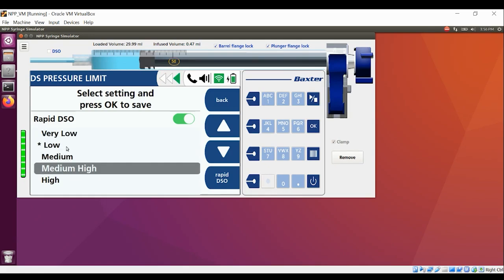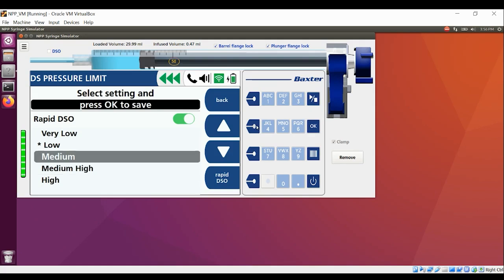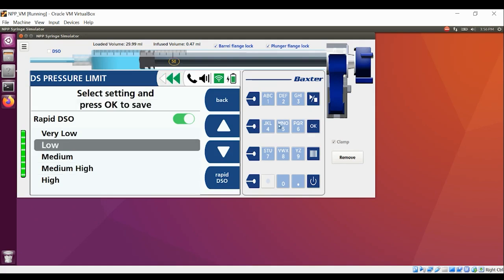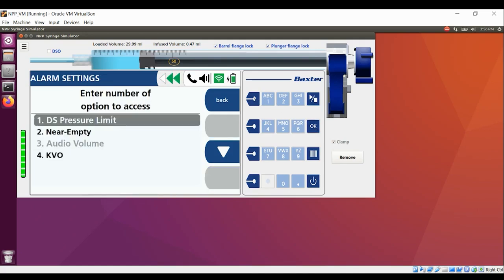Remember that the default, which is set in DoseIQ for this care area, has an asterisk. So if I don't remember where I've been or where I'm going to, it's there for me. I'm going to go ahead and keep that. Remember, I have to press OK to save, and then I can hit the back